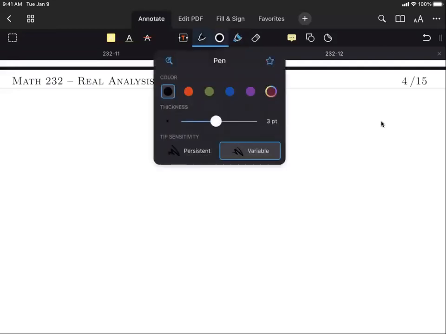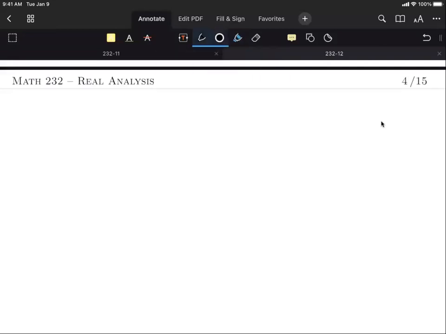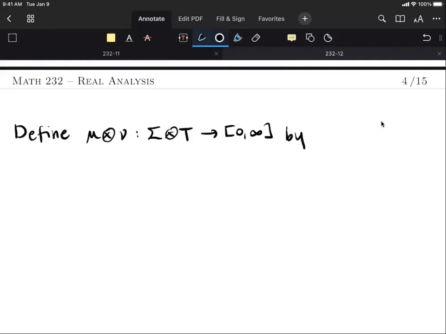So with the previous discussions, we are now in position to define the product measure. So let us define the map mu cross nu on the product sigma algebra to the interval 0 to infinity as follows. So for a set A in the product sigma algebra,